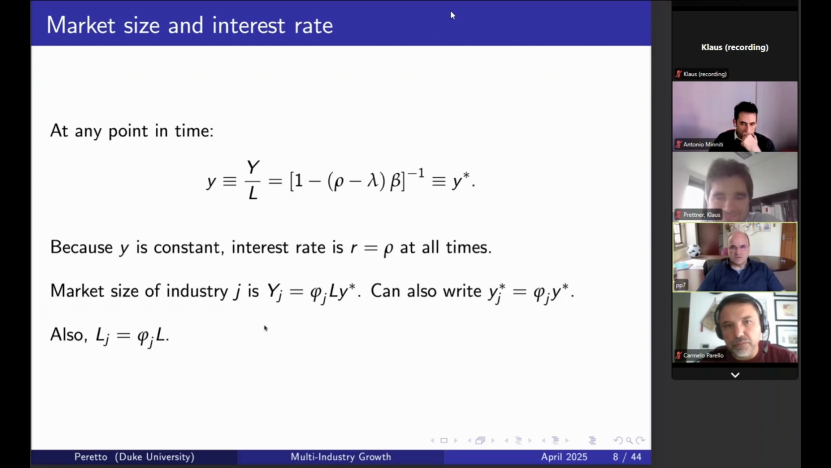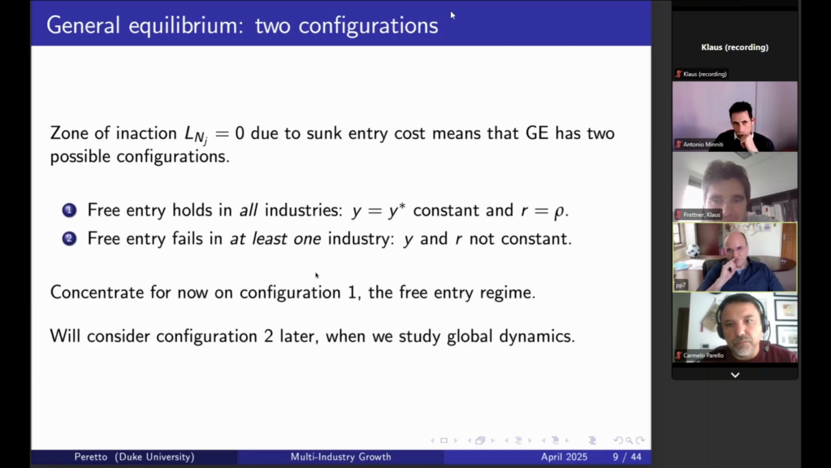There is a twist in this story, however, because this is a configuration where free entry holds in all industries. Remember from the baseline model that there is also an equilibrium where free entry doesn't hold. And in the single industry economy, that makes things just okay. You have 3 regions of state space. Here things get much more interesting, because now you have